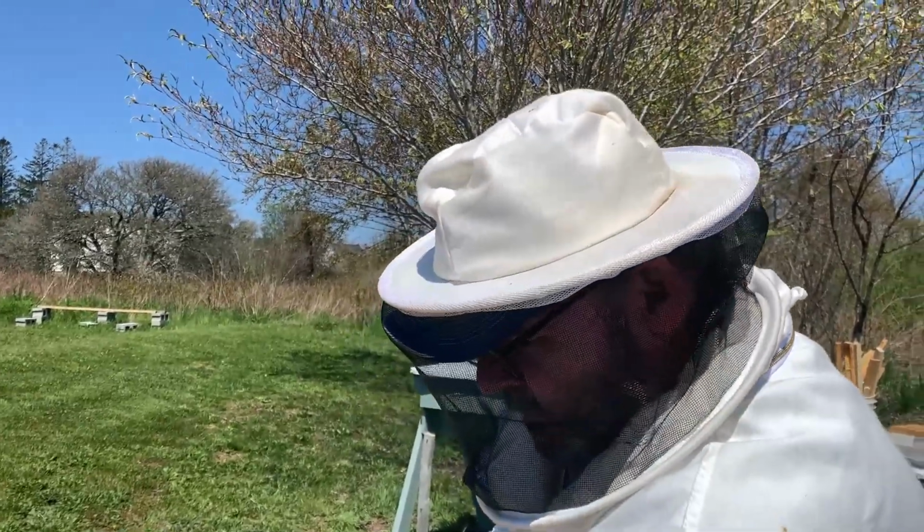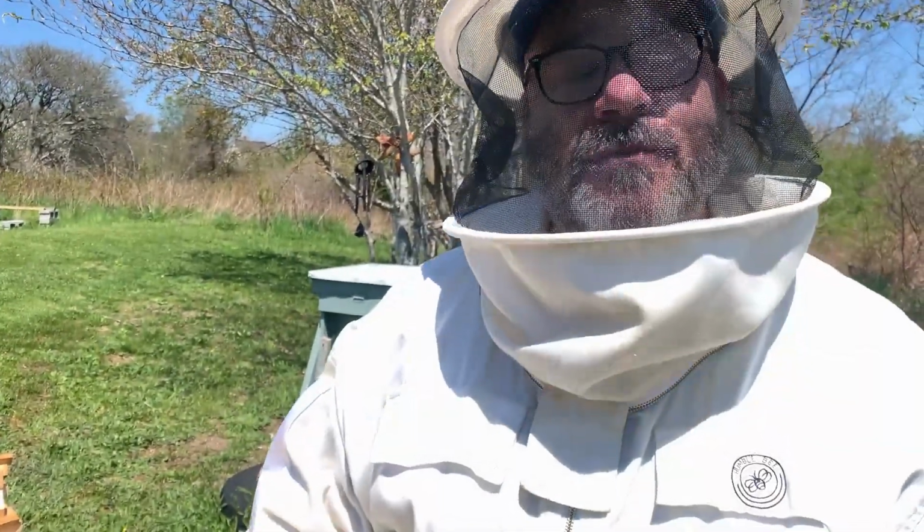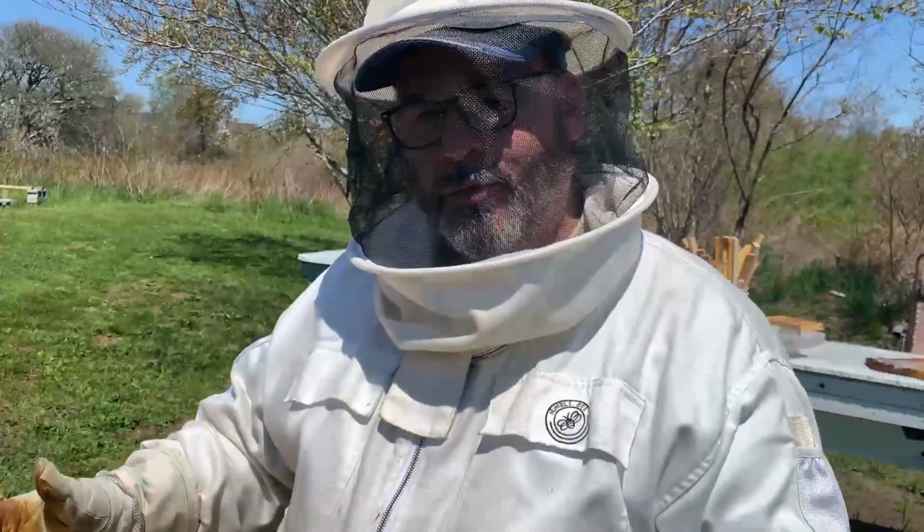We'll take a look at this one. And this is more towards the front. Typically in the front of a top bar hive, what happens is that they save that for food. It's kind of like that quick pantry that maybe we have where we can grab a snack. That first bar typically is food. It's usually nectar and pollen. And then you have your brood nest, and then you have kind of the bulk of your food towards the